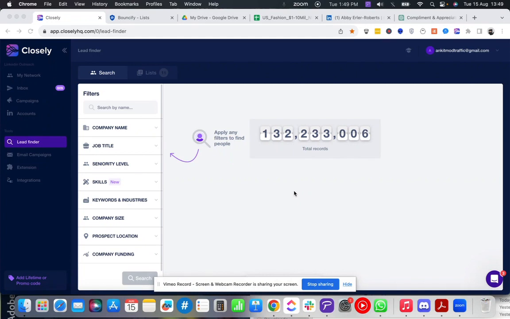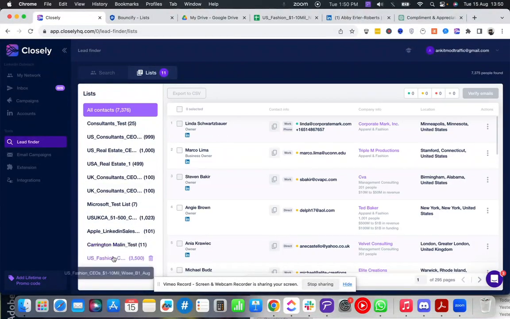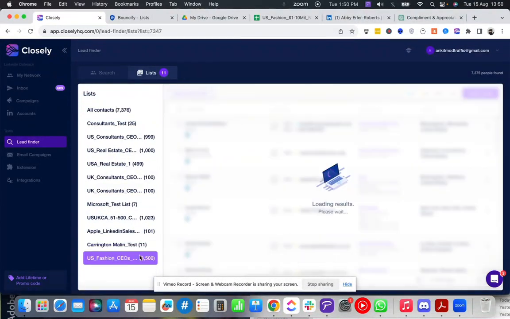So the first step is, once we understand the type of data that we want to extract, we will go ahead and extract the data from Closely. For this example, I'm going to quickly show you how I already extracted a database of e-com business owners in the fashion niche from Closely directly, not from SalesNav. So as we can see, I'm clicking this list over here that I already created, and now it contains 3,500